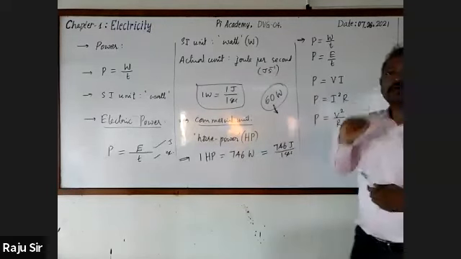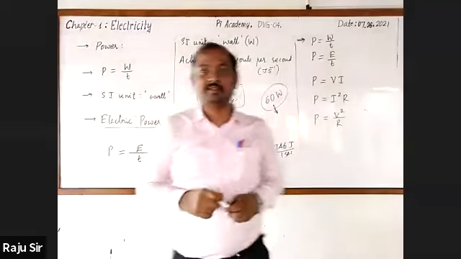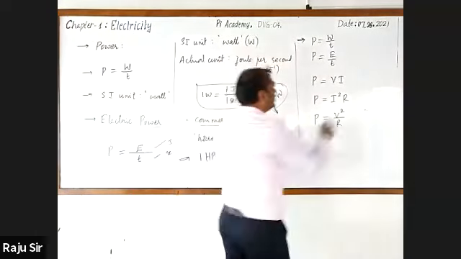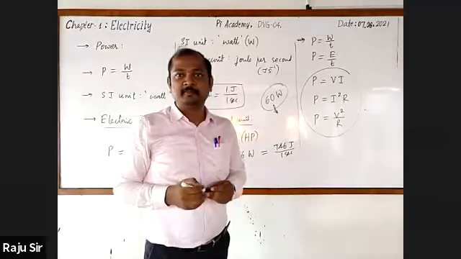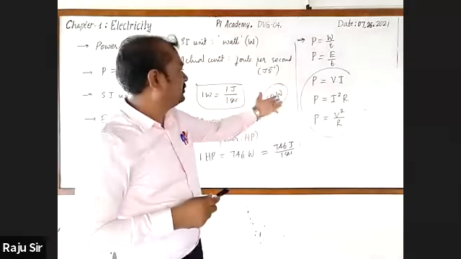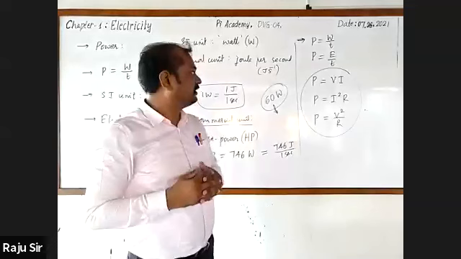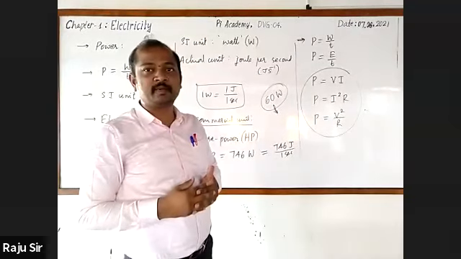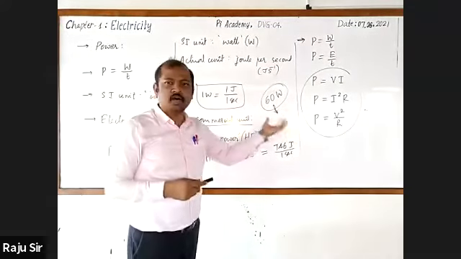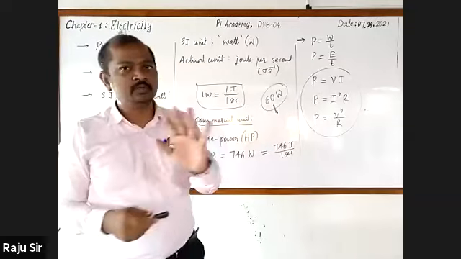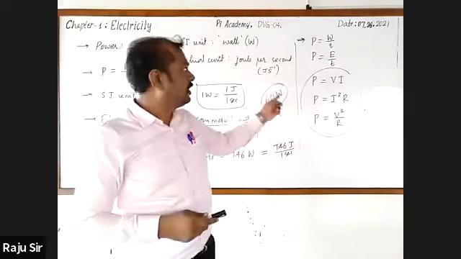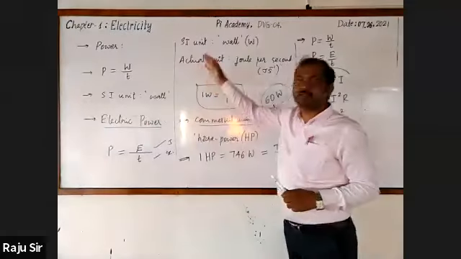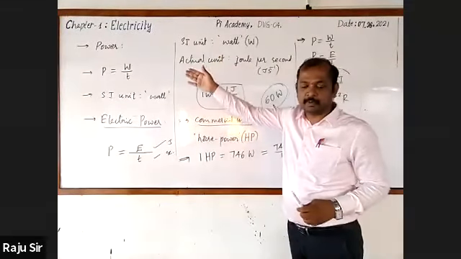Then a question is coming to your mind. How did we get these three formulas? P is equal to V into I, P equal to I square into R, and P is equal to V square by R. We have short derivations for this. Usually won't be asked, but for the knowledge purpose, I'll go for teaching you. And before that, just go for writing about electric power.